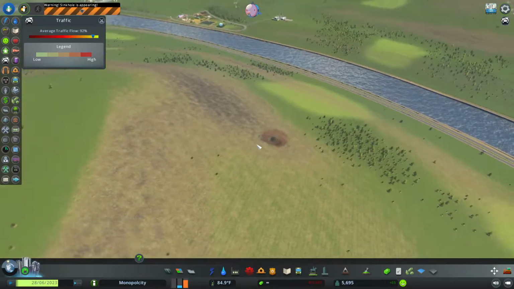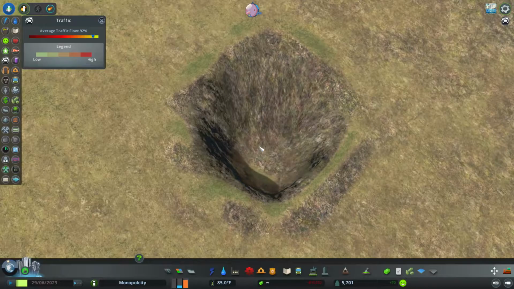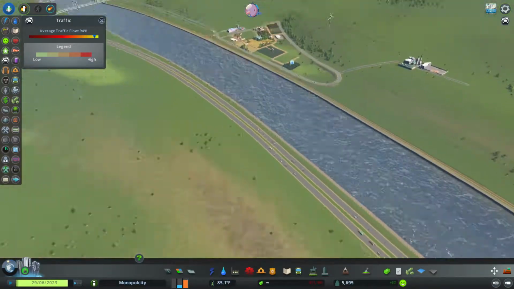Okay. A sinkhole has occurred somewhere in the city. Stay out of harm's way and contact authorities with any information. It's right here. Hello, disaster people? It's right here. God,